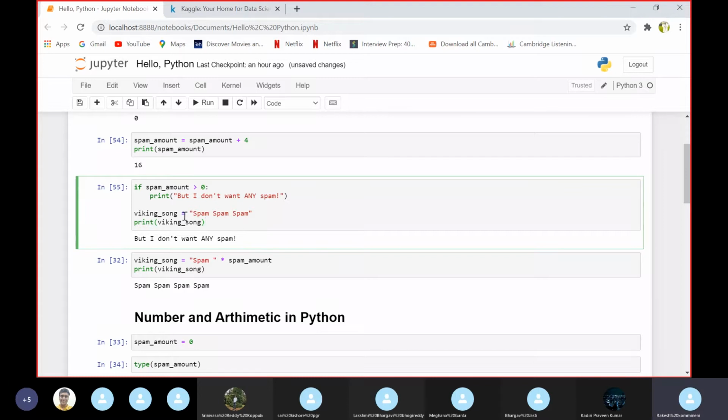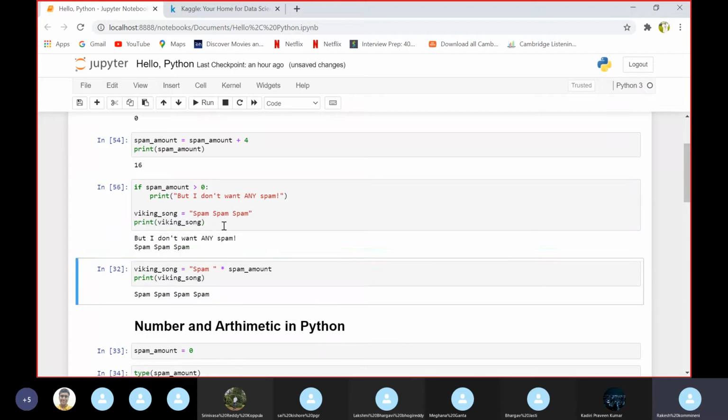Viking_song is also another variable we have declared here, with spam as a string, and we are going to print this variable. See the output here. And again, we are using the multiplication operator here.